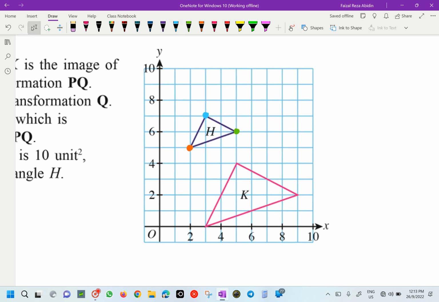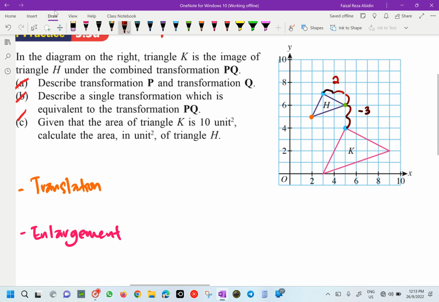So I'm going to move to the right or left to get my image over here. We have 1, 2 units to the right, so it's positive 2. Then 1, 2, 3, negative 3. So our translation is 2, negative 3 first. After I have that one, I'm going to